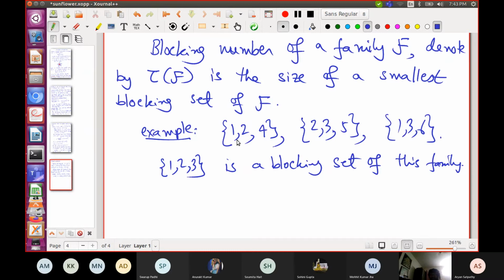And so blocking number of, I think this is the smallest blocking set. So blocking number of this family is 3. But if I insert, let's see, 2, 3 is the smallest, I guess.